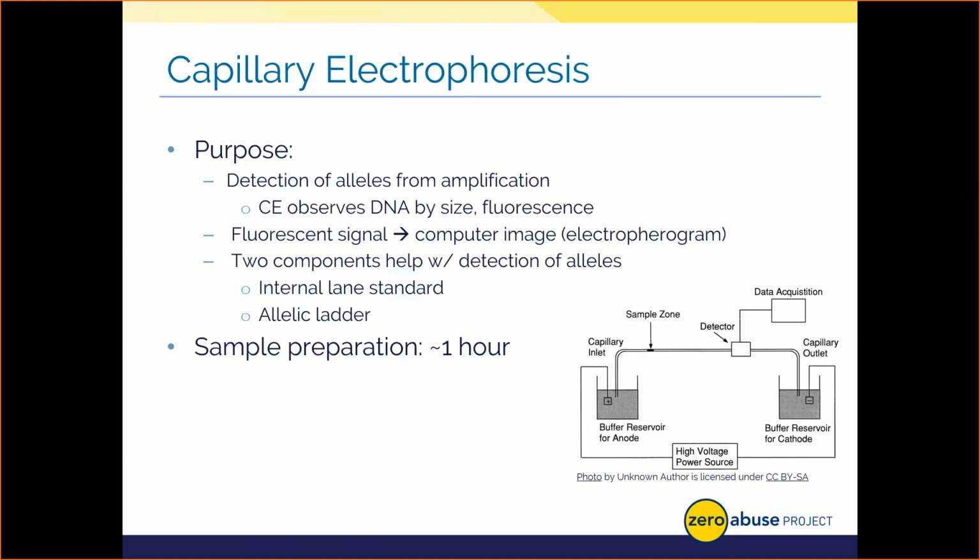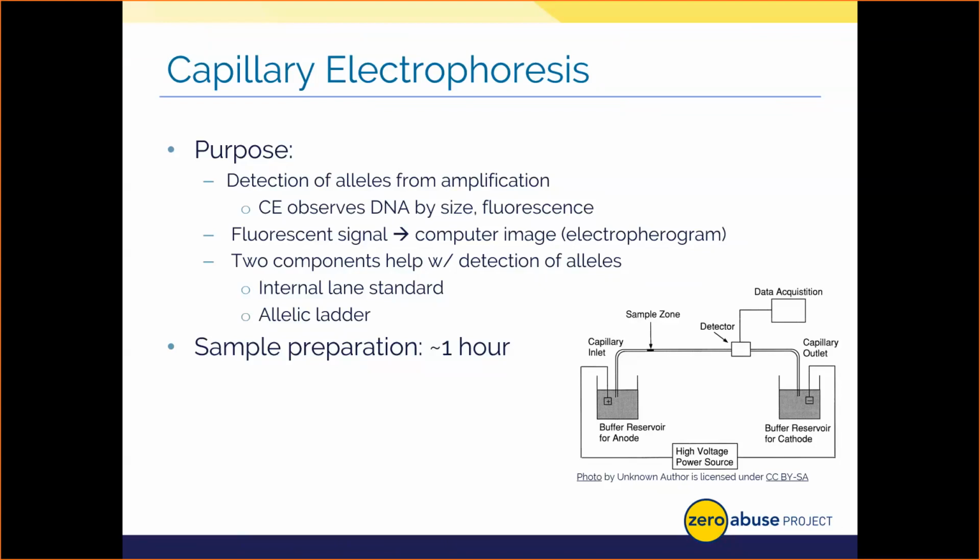An allelic ladder then is a series of known DNA pieces of a given size representing all the possible alleles for a locus being tested by our kit. Because the components of the allelic ladder and the sample fragments have the same length and the same sequence, they're going to migrate at the same distance and the same time in the CE. Thus, we use the allelic ladder to determine what alleles are present in your sample by comparing them to the known alleles from the ladder.